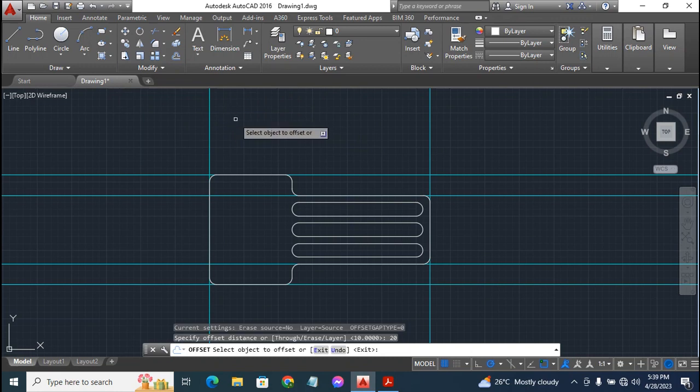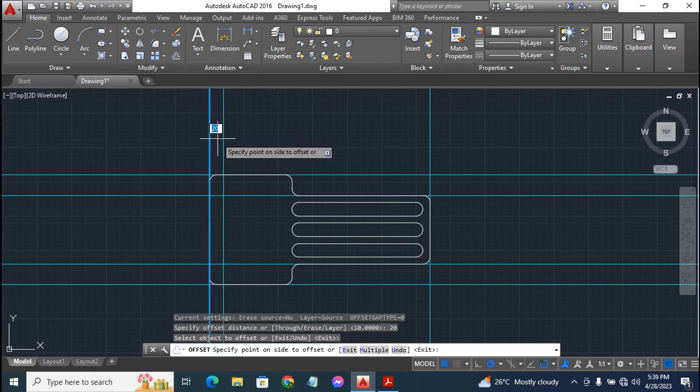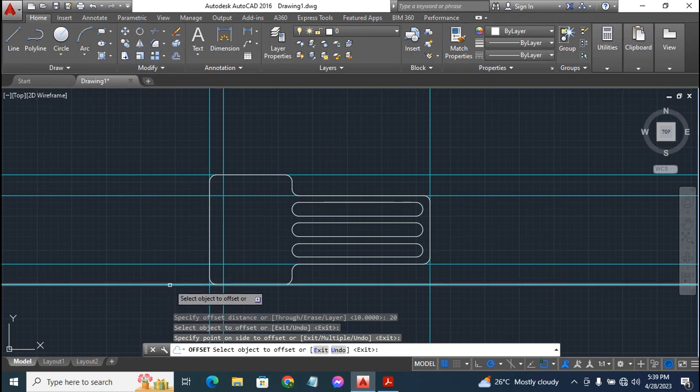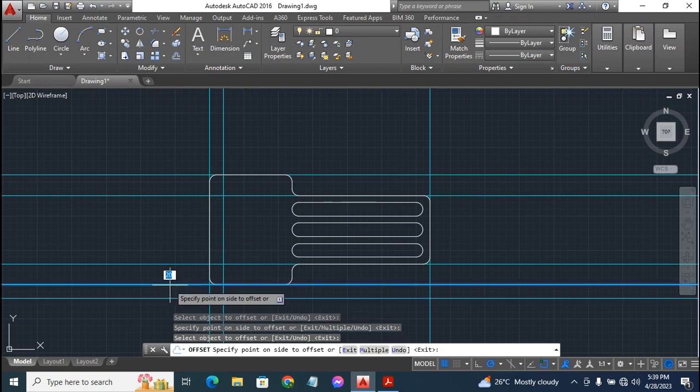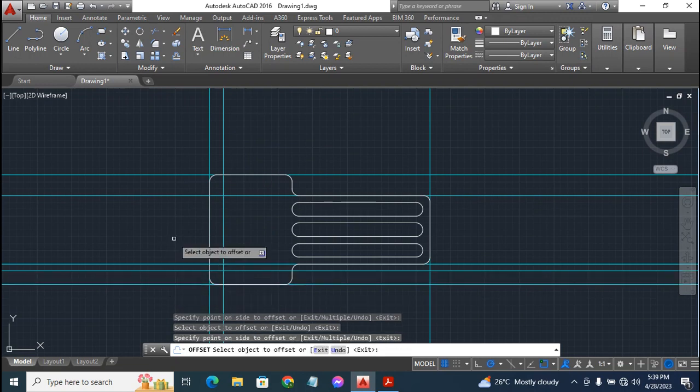Then you offset the vertical construction line to the right at 20. Go to the very bottom of the construction line, and offset the first horizontal construction line from the bottom at 20 upwards too. Okay,